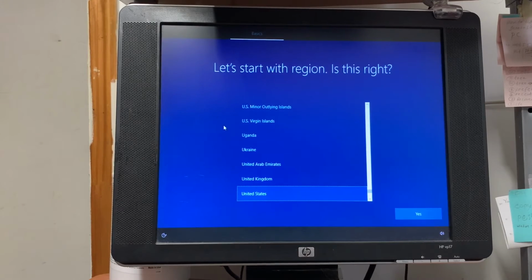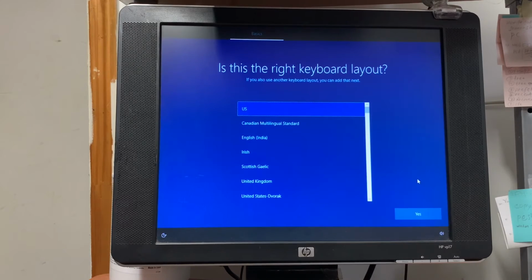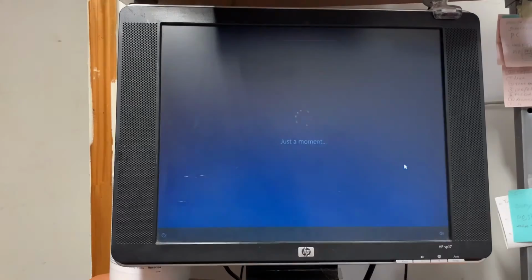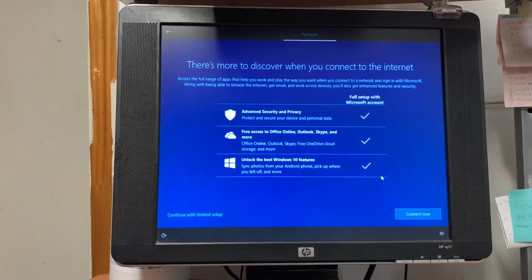Now the space coming. Now setup will start. Select the United States, yes, and keyboard US, and click the skip. Okay, then you click I don't have internet. Continue with limited setup,